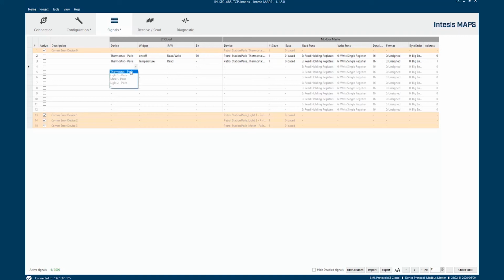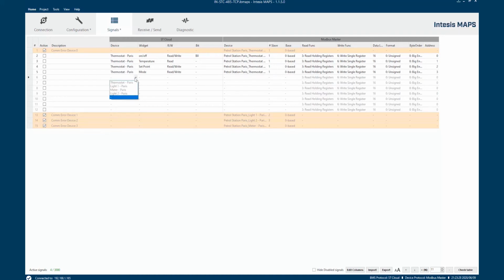Now in the thermostat in Paris, the temperature, we have to go and select it. The set point is a read and write, it's not a binary, so we have to select nothing here. We select here the thermostat as well, and this one is going to be in memory position address number 2. So we go again to Paris, and the very last one, the mode, we select it here, the thermostat, and here the address is going to be the third one. So we have to select here the devices we are adding, the widgets, and here the memory positions and the binding with the